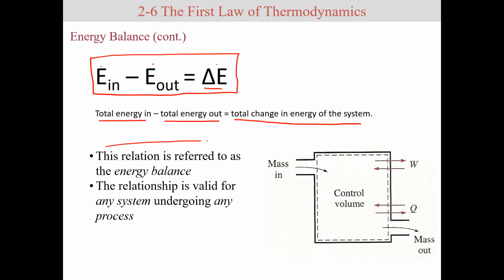This relationship is referred to as an energy balance, and the relationship is valid for any system, always any system undergoing any process. This is the premise for a large part of this class. And for the next month or so, we're going to be concentrating solely on different uses of this equation. So why don't we go ahead and take this and expand it and look at each of the components here so that we can better understand how to quantify E in, how to quantify E out, how to quantify delta E. So let's take this one first, and let's take it to the next slide